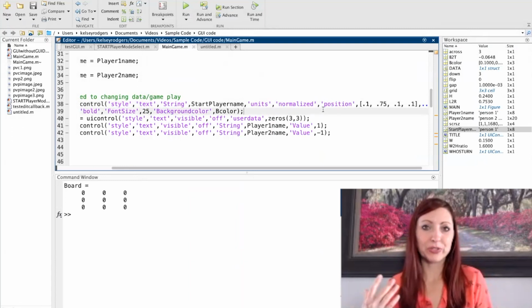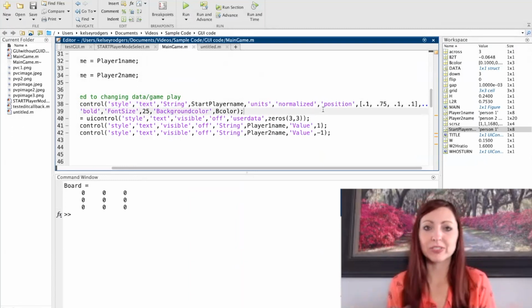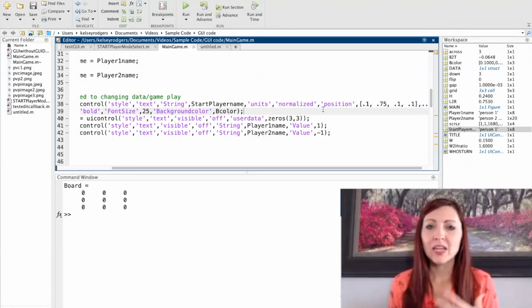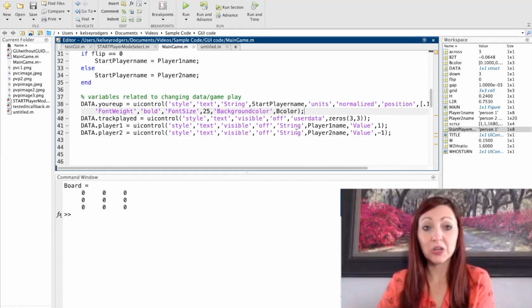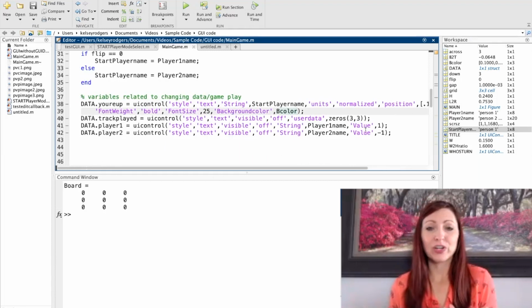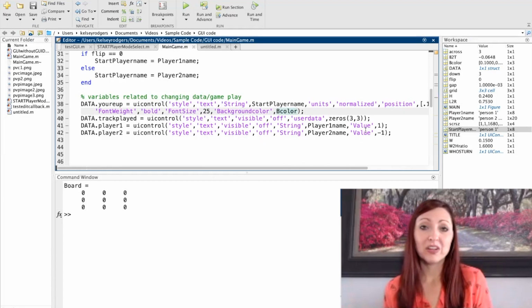So I could use the person's name to keep track of which person it is, or I've already decided this value, 1 or -1, is something that I'm using to assign to players to think about where they are on the board. So it'd probably be a good idea for me to be consistent with that and use it here as well. For me personally, I always prefer to have numeric data to work with in a lot of places